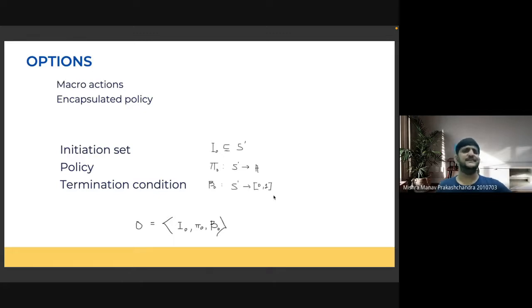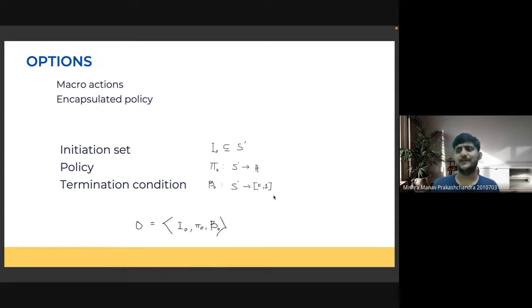So think of it, I'll give you an example. You can think of it in terms of the taxi world domain. So let's say there is a taxi whose task is to pick up and drop passengers from a location A to location B, and there are 2 or 3 passengers in the grid world problem. So you need to first pick up passenger P1 and drop passenger P1 at location L1. After that, you need to pick up passenger P2 and drop passenger P2 at location L2, right? So there is some sort of a hierarchy that needs to be followed.